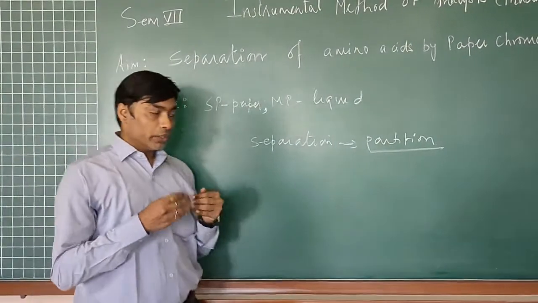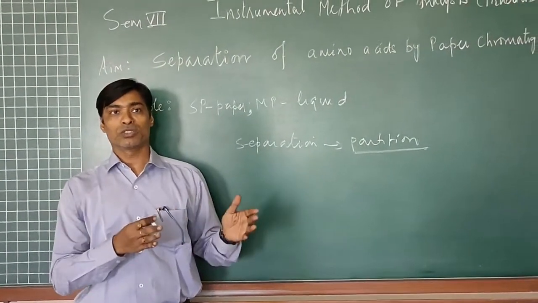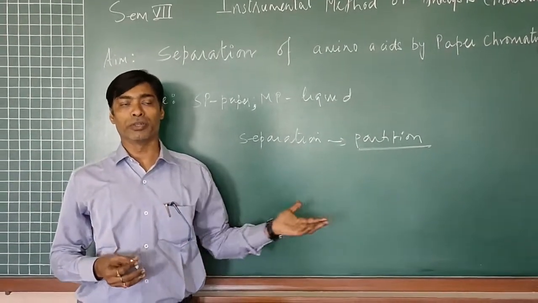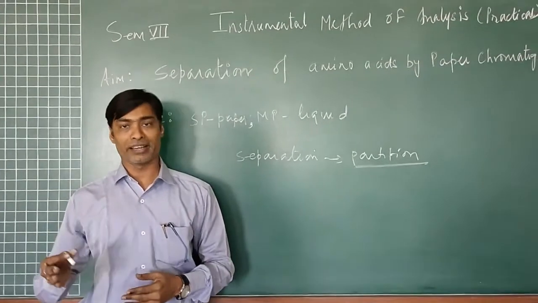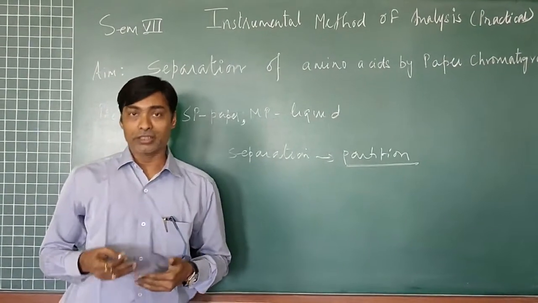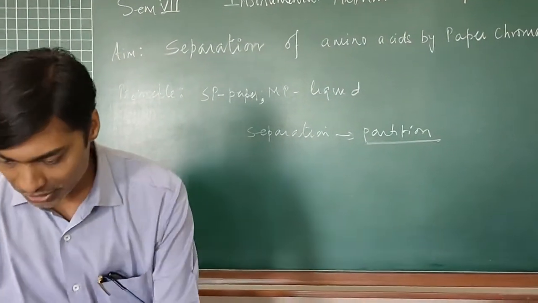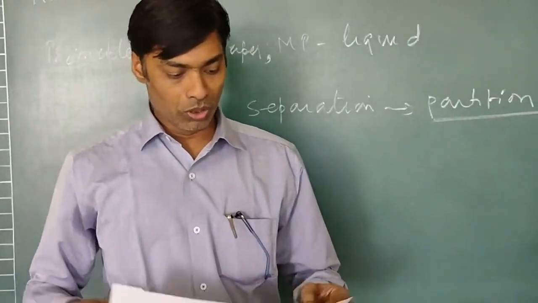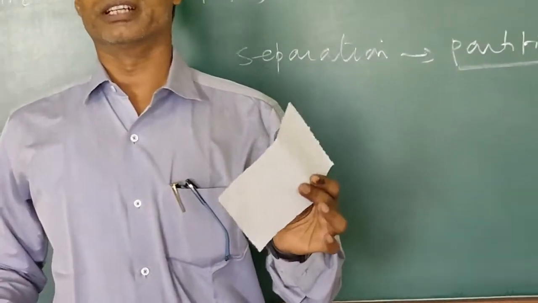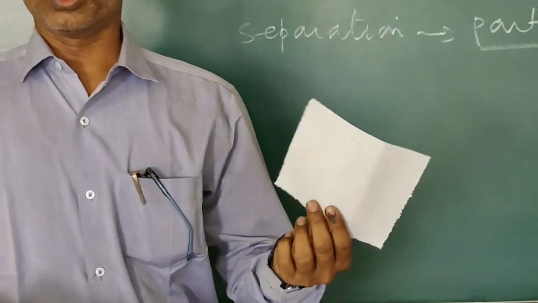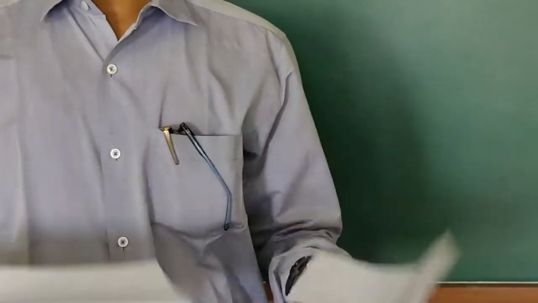Now, why don't we use the simple filter paper, because Whatman is a category of paper which is specifically preferred. We have other categories also, Macherey-Nagel, then the Schleicher and Schuell series is also there, but by availability, we have the Whatman series. So if the sheet is available, why don't we go for this simple filter paper which we daily use in our filtration process? Because this is also made up of cellulose, but the difference lies in their tensile strength, their nature.